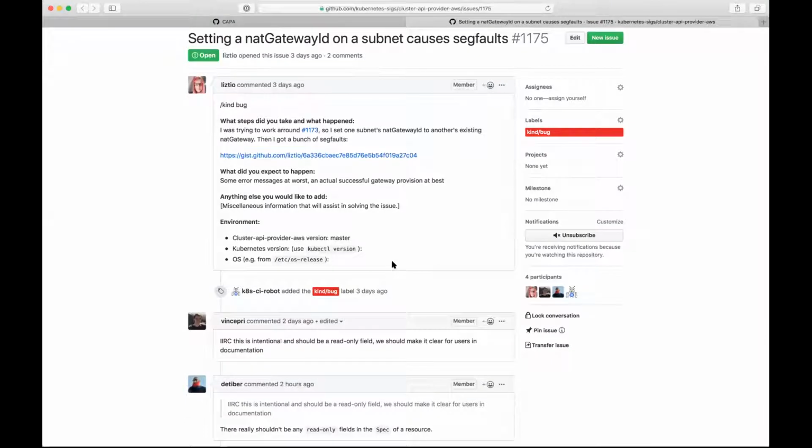I don't think there's any particular reason we would not want somebody to be able to use an existing NAT gateway. Yeah. But I don't feel like I was super involved in the design decisions here.